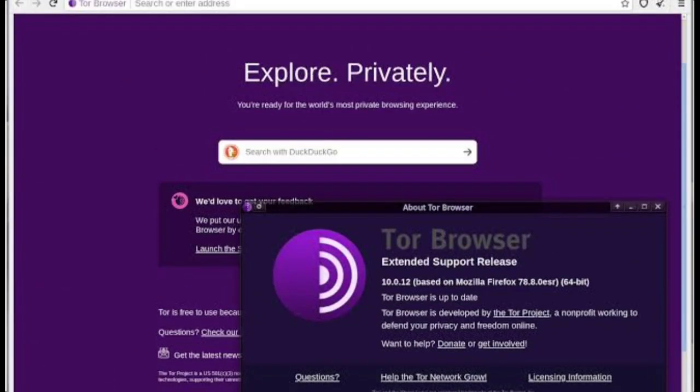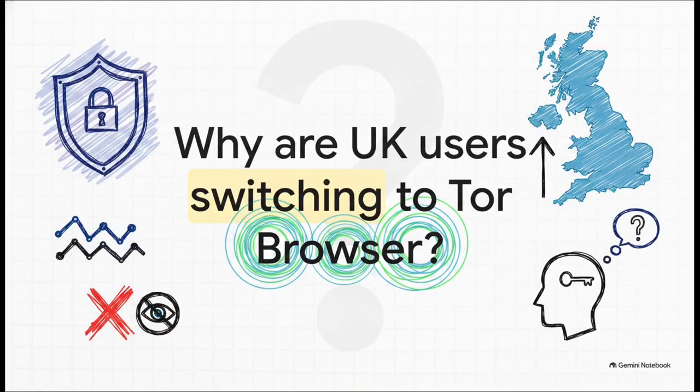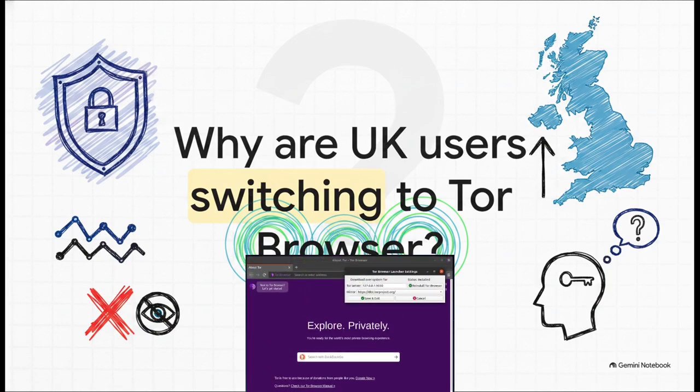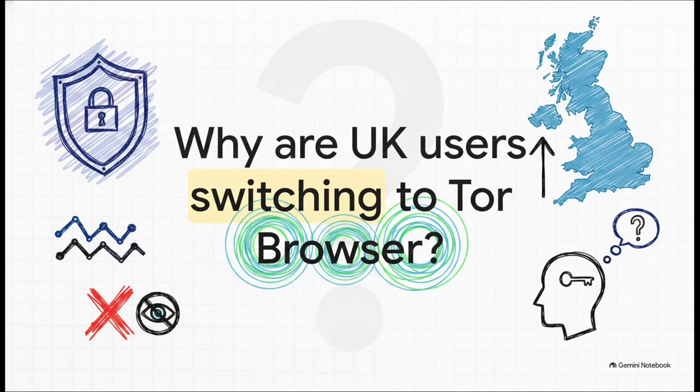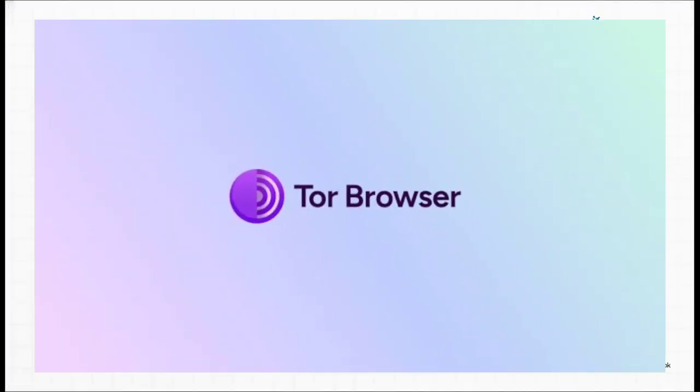So, why the sudden spike in UK adoption? Well, think about the digital landscape right now. Between strict new web age checks, aggressive localized network filtering, and increasing VPN restrictions, everyday internet users are literally desperate for ways to reclaim their privacy. People are really waking up to just how much of their personal data is being tracked, logged, and monetized every single time they open a standard browser. They want a solution that's robust, easy to get, and most importantly, actually works to separate who they are from